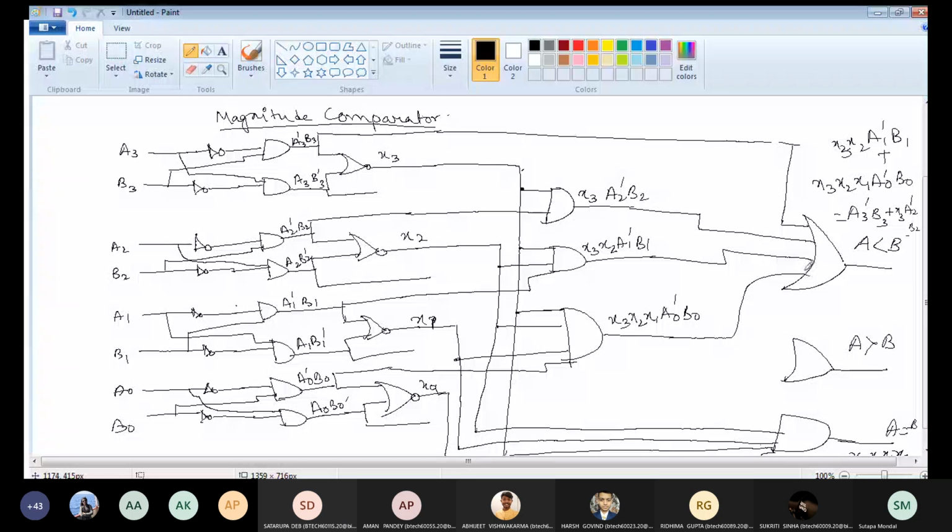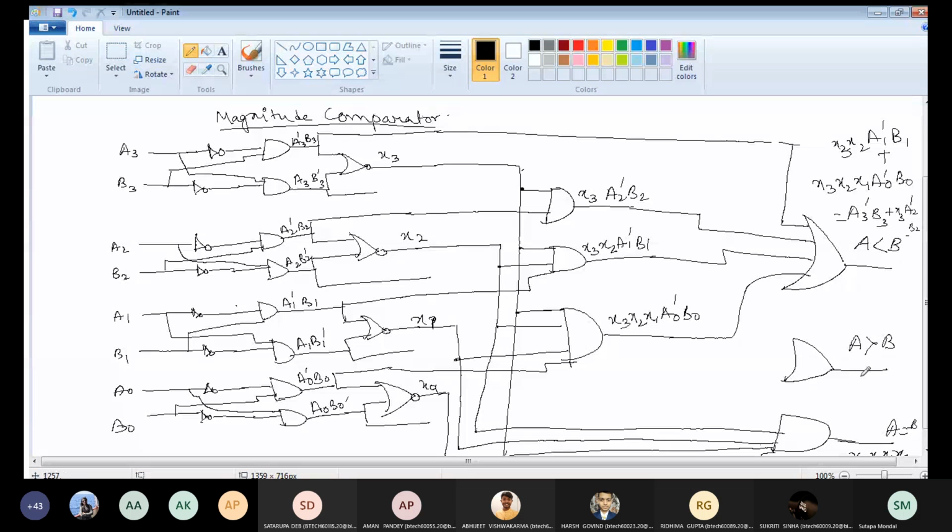Similarly, just the opposite thing will happen here. Again you will take more 3 AND gates and you will merge this line, this down one. And rest everything will be same. Is it clear? You make it in your copy. I'm not having so much place to draw it. So you can make it for A is greater than B.